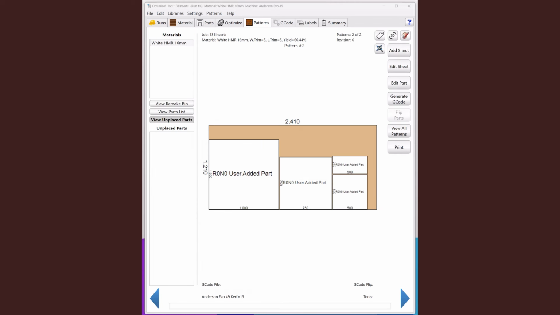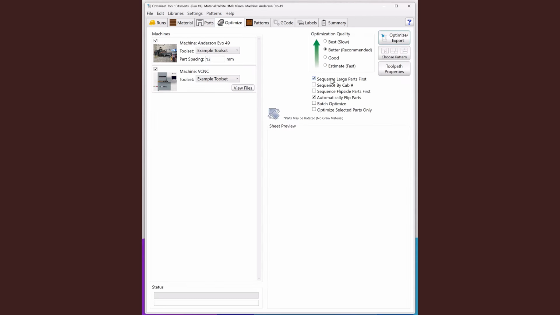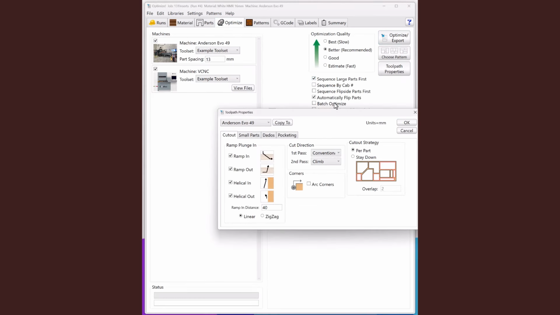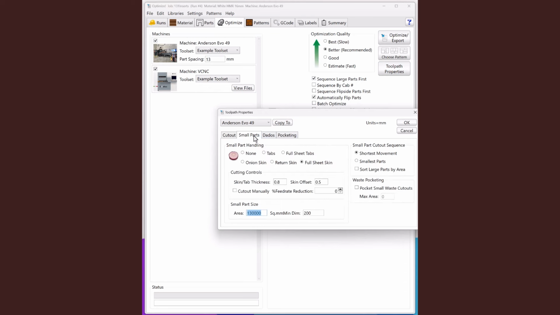The next change we'll take a look at is the order and sequence in which the parts are toolpathed and cut out. So let's take a look at this by jumping into the optimizer, and we'll take a look at the toolpath properties, and we'll go ahead and move over to the small parts tab. Now what you'll see is you've got options on the left, and the new inclusion in 13.1 is the sort large parts by area. But to understand what that does, let's take a quick look at the other options and